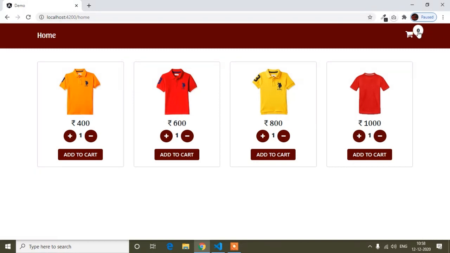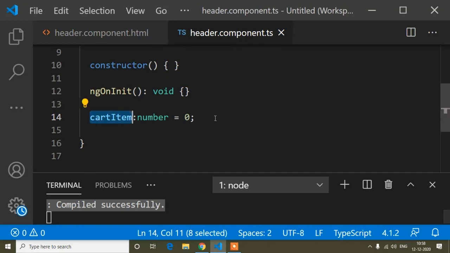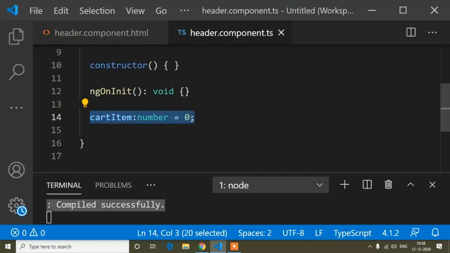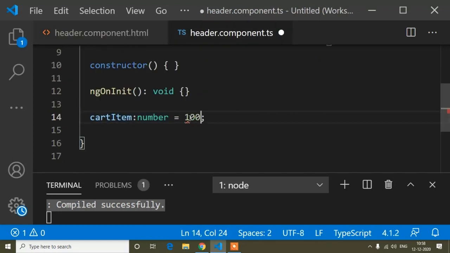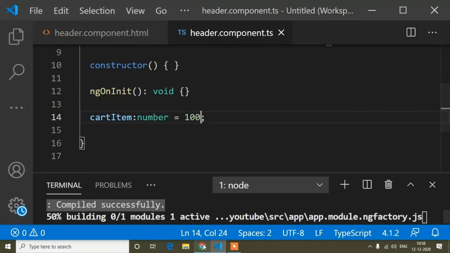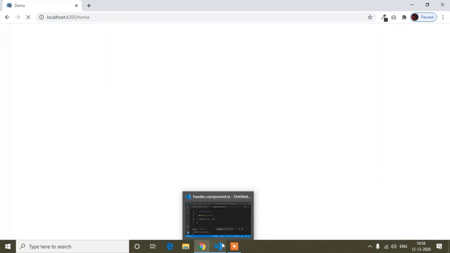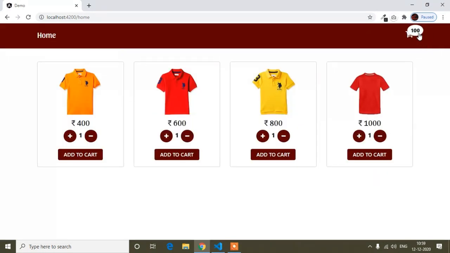Now you can see it's showing 0, because in this variable I have written 0 and I bound this variable here. If I write 100 here, then in the cart icon it will show 100. Let's see once, then I will show you the functionality. You can see here it's showing 100.